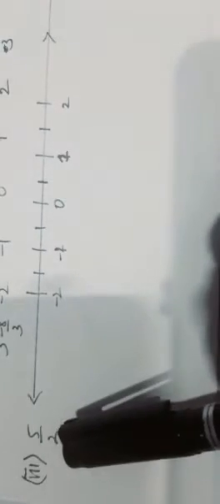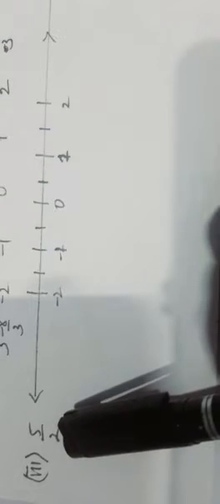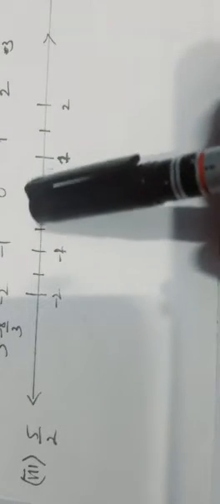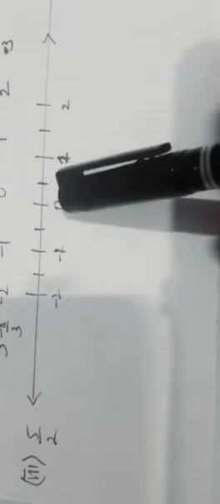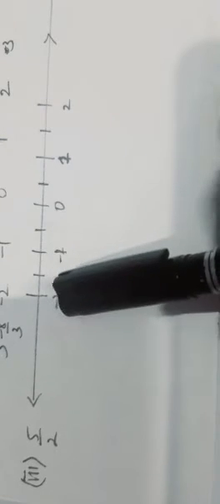Children, same steps we have to follow to draw 5 by 2. Draw the straight line 0, 1, 2, minus 1, minus 2, and between 0 to 1 we have to make 2 divisions, since in the denominator we have 2. 1, 2, again 1, 2. To the left side from 0 I have made 2 divisions between 0 to minus 1, minus 1 to minus 2.